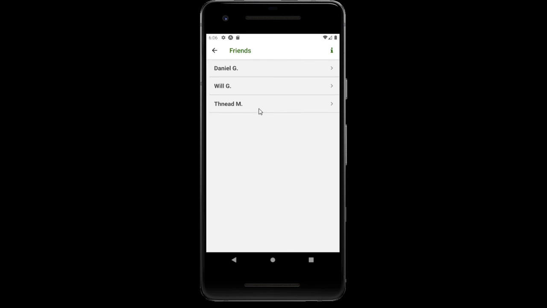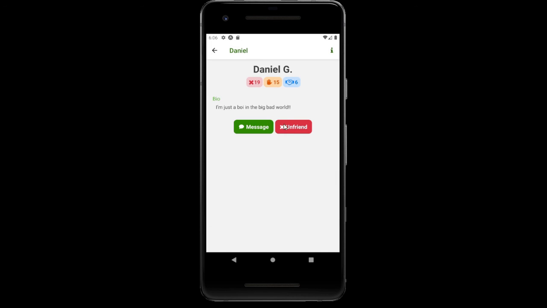And so I'll go into Daniel G. Now on Parleya, just to keep some level of anonymity, I'm only allowing users to see the first initial of the last name of their friends and not their full name, because on a platform where you're engaging with controversial topics, you don't want people to feel like they're exposing themselves to the internet in this way. So again, the friend profile is very, very basic. You just see the bio, the 3 numbers, and their very basic name.